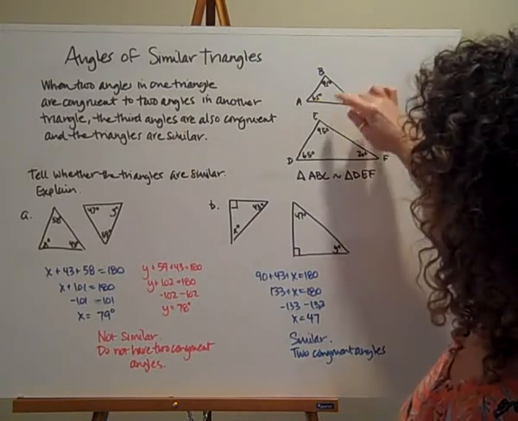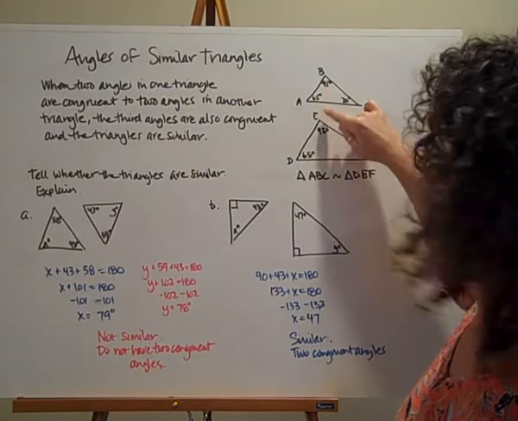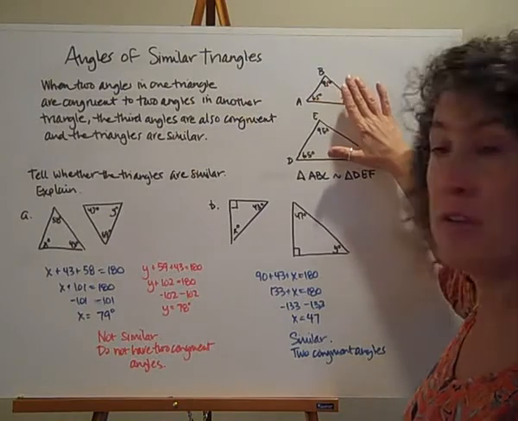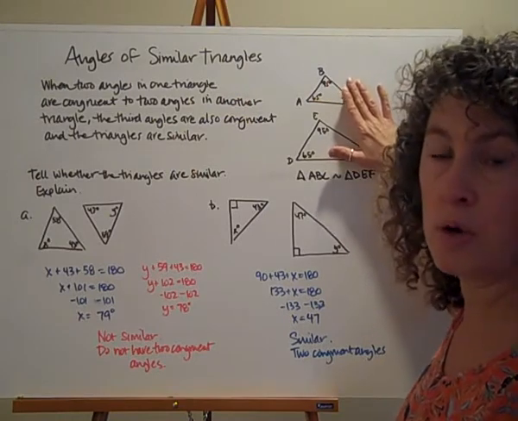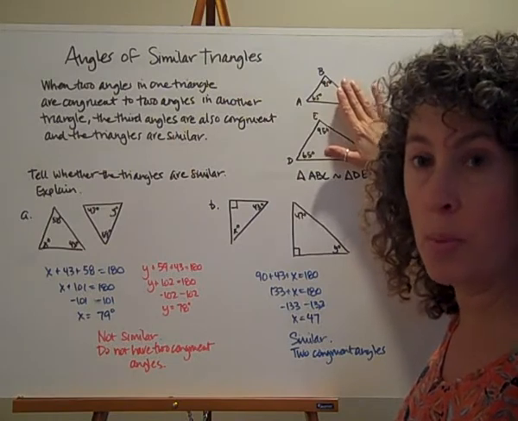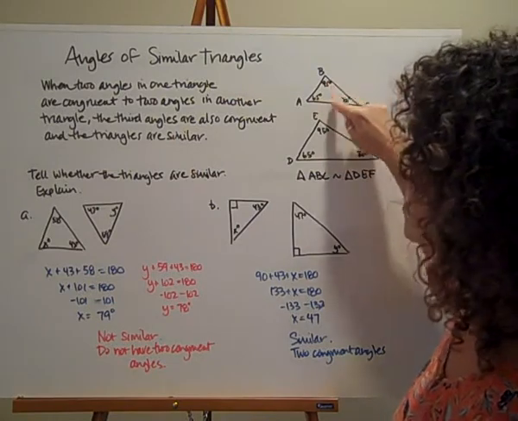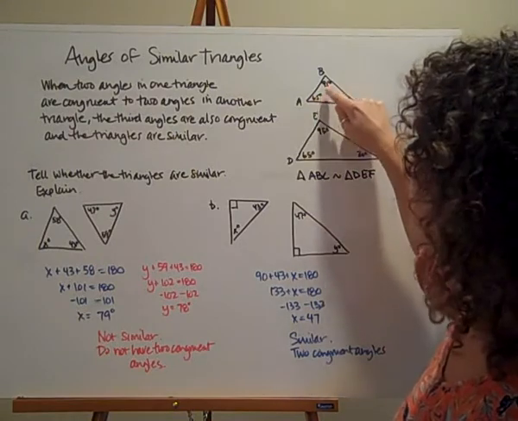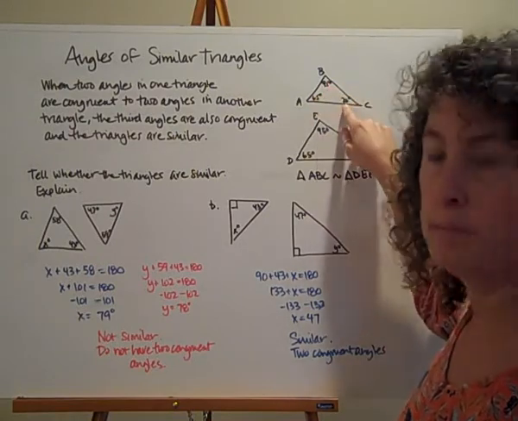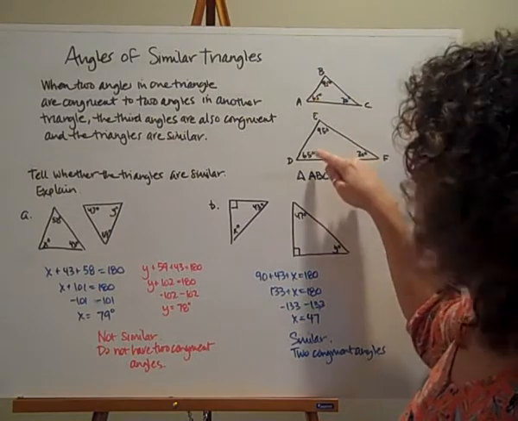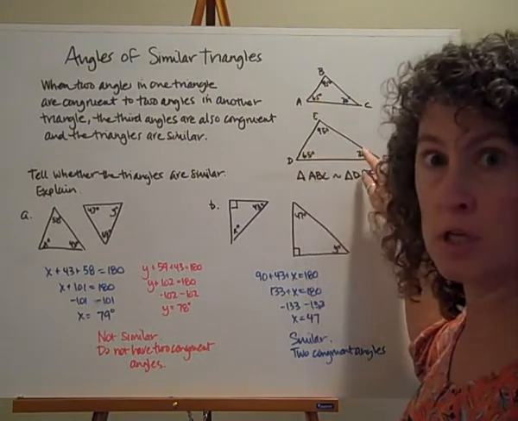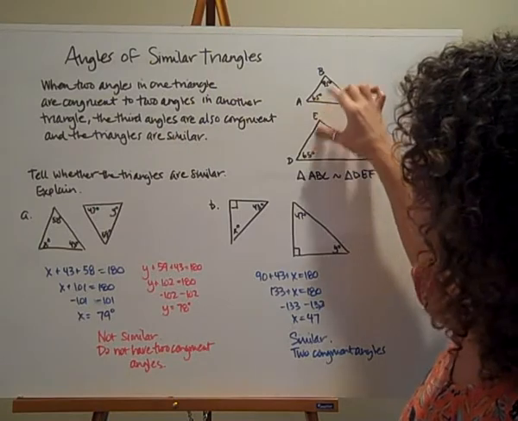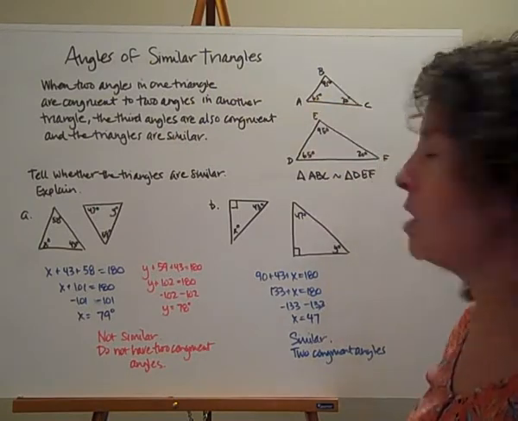And if I can find that two of their angles are congruent, the third angles are automatically congruent to each other. So for instance, here I have a 95 and a 95, and a 65 and a 65. Now if I didn't know about the 20, I have enough information there to know that these two triangles are similar in shape, because these three have to add up to 180. So if I do 180 and subtract my 65 and my 95, I have to get 20. So even if I don't know about that 20, and I only know two pairs that are congruent to each other, I know they are similar.